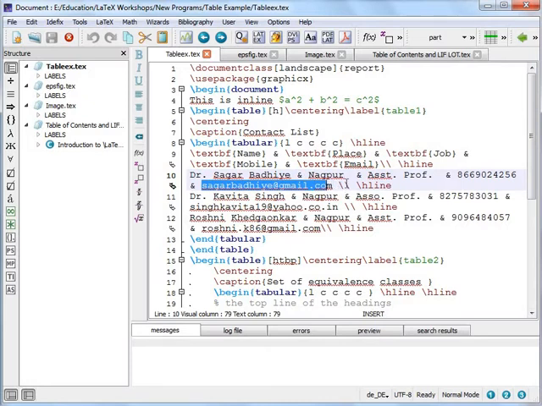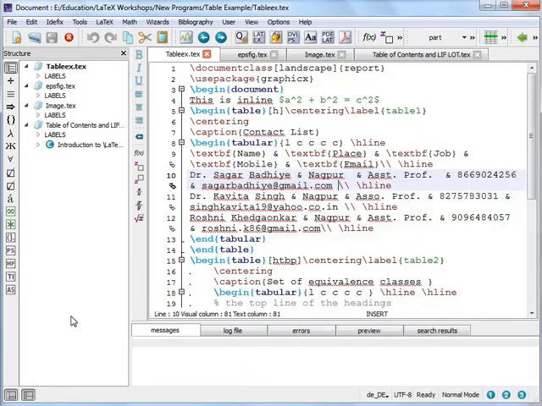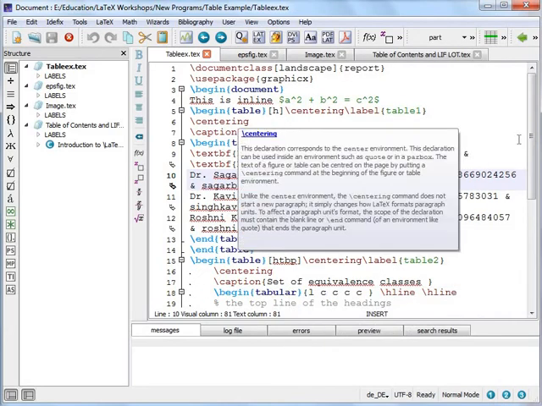Then the double backslash indicates the end of the row, and \hline indicates that a new horizontal line is to be drawn. Similarly, I have added two more rows in the table, and after that I am using the \end{tabular} command, which is used to end the tabular, then \end{table}. So this will create the first table in this document.